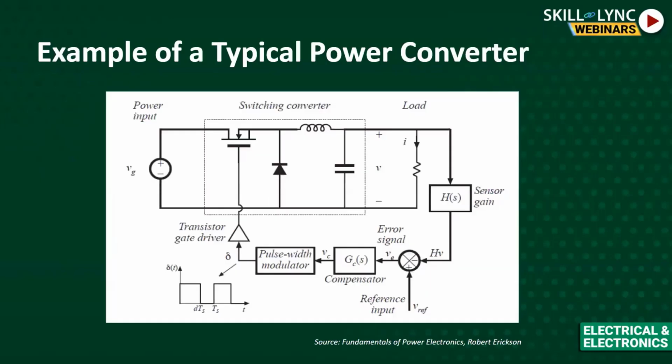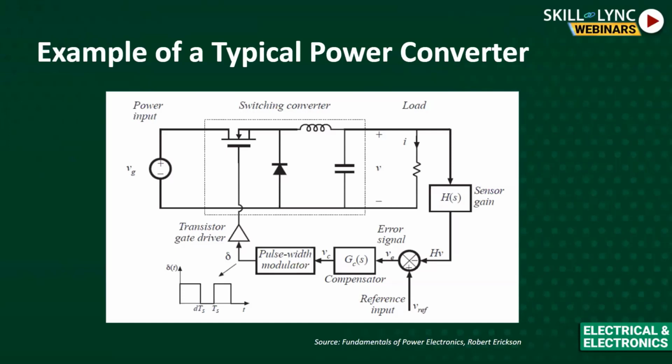Yes, this is a typical example of a power converter. As I have shown in the previous slide, just a block diagram. Now see here. Of course, I forgot to mention, the converter we have shown in the example is the buck converter, and the same converter is shown here. Assume this is a SPDT switch. One switch is in the form of a MOSFET here. The other switch is in the form of a diode here. Now the load voltage is compared through the sensor, and the sensor gain can be given to the compensator by comparing with the reference input. And then this compensator provides the control input voltage, which in turn gives the duty cycle through the pulse width modulator.